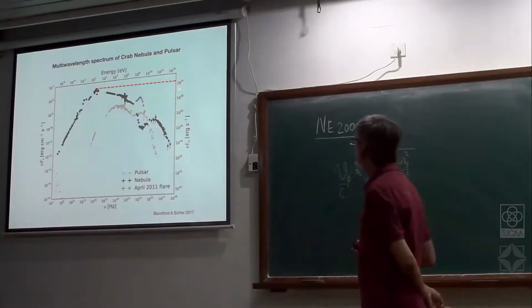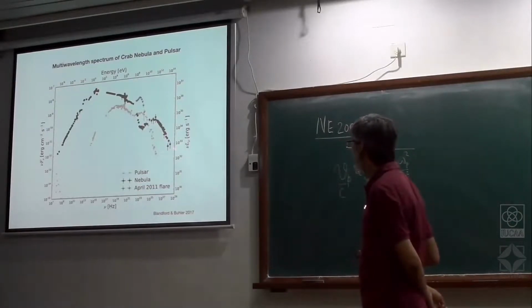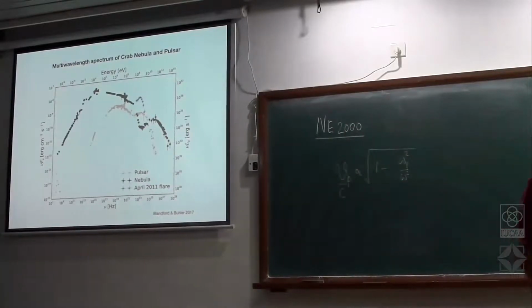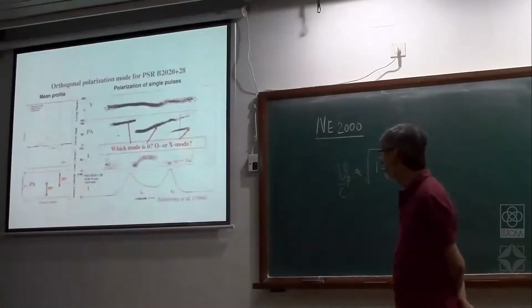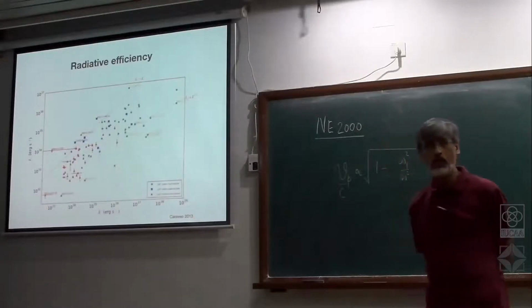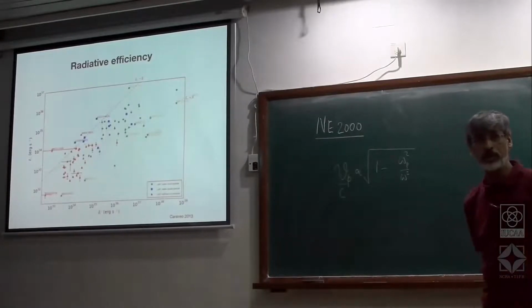And here you can see that it can reach up to 10 to the power of 37 ergs per second, but this is not the pulsar, but the nebula around the pulsar. Okay? So that is radiative luminosity from the nebula around the pulsar. So now let's see what this nebula is and how it is powered, and what does it say about how the pulsar is spending its spin down energy.